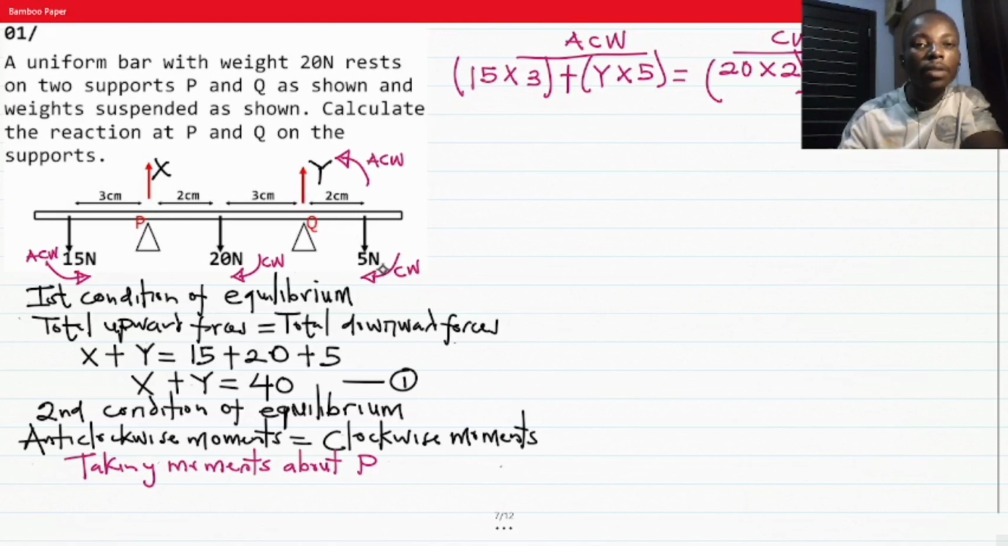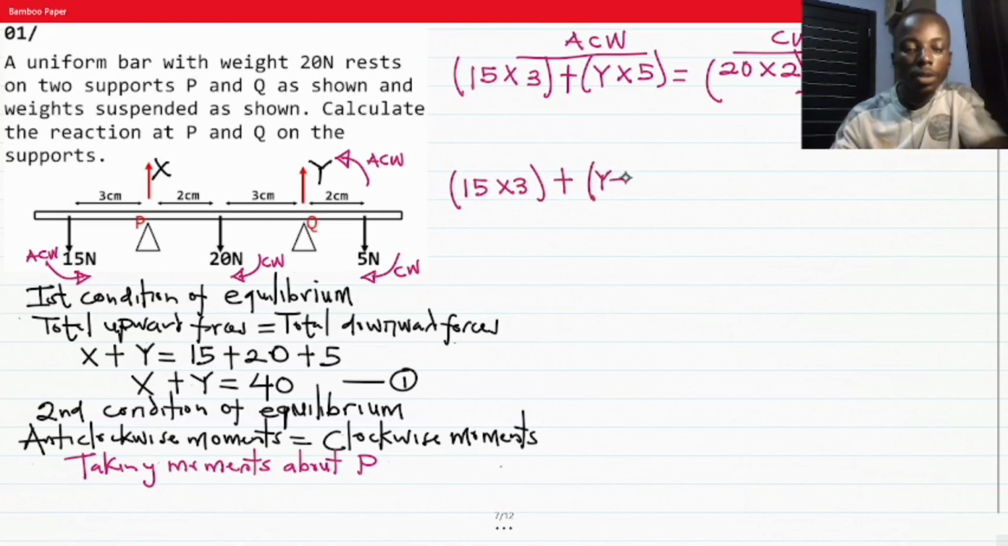Then we have equals to the clockwise now, 20 to P, that's 2. Then 5 to P, that is 7. 2 plus 3 plus 2 is 5. So what I have here, let me bring it down because of my picture, my video here. 15 times 3 plus Y times 5